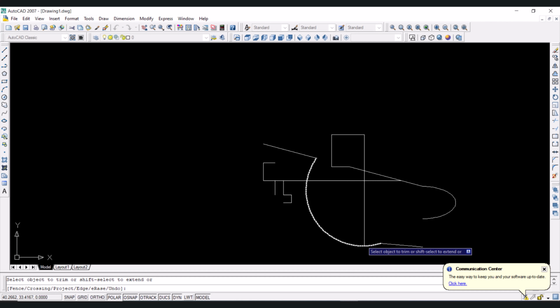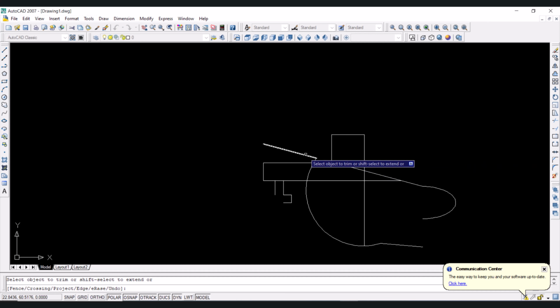Now this is the last boundary, so this line has extended till this point. The same goes for this one. We are holding the shift key, and if we click again and click again, it will not extend further. Right,